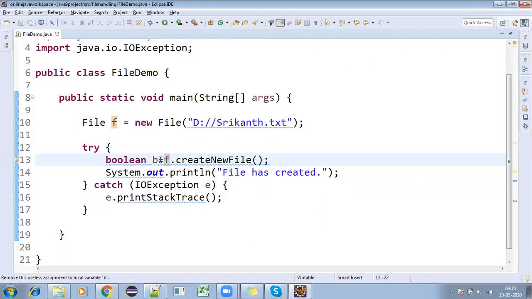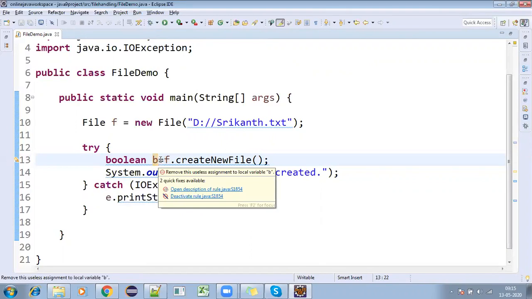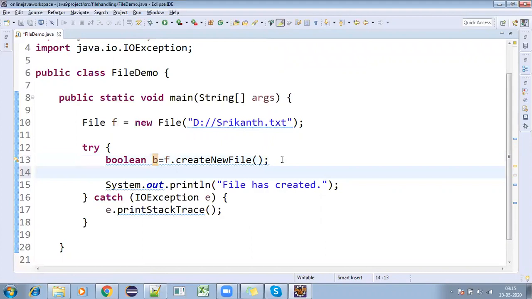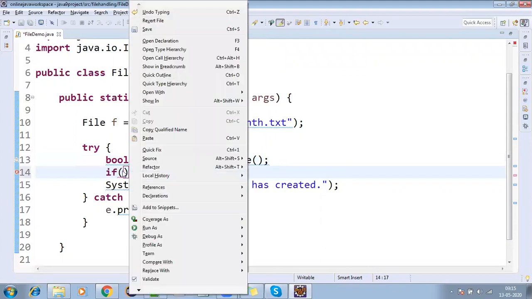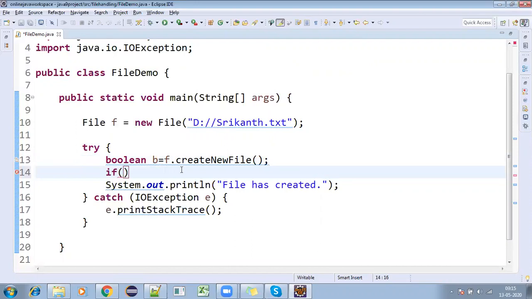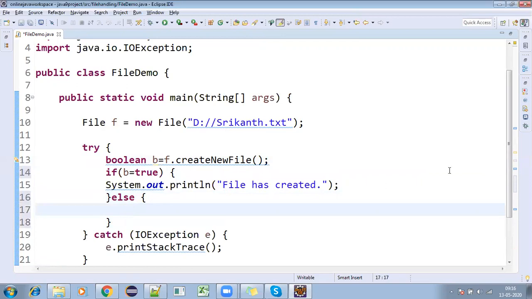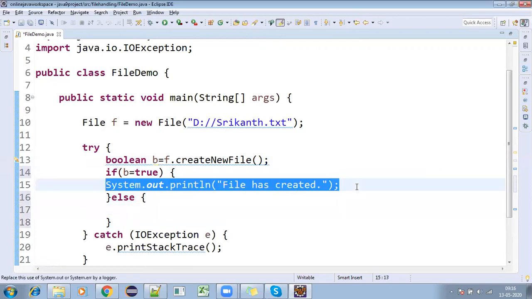Whenever b equals true, then you can say file has been created, else file has not been created.